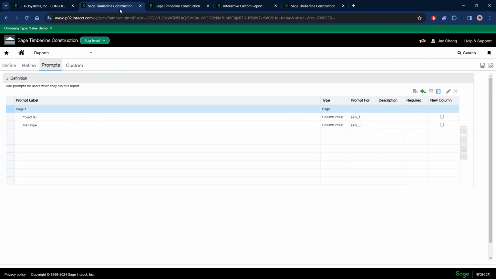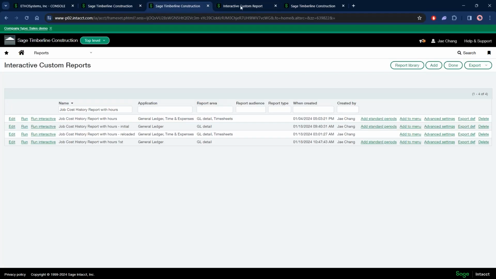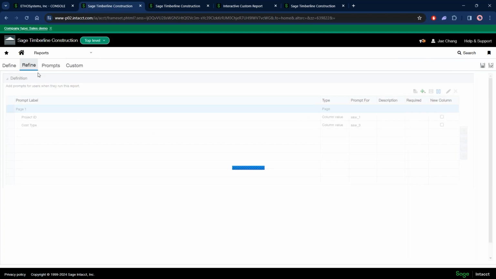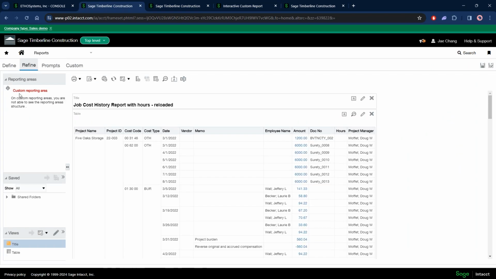All right, so let's see, do I have one open? This one, I believe, is in that, yep. Okay, so here's my custom reporting area. I'm in the Refine tab. So the View section at the very bottom here,